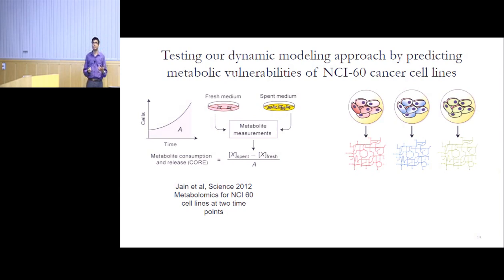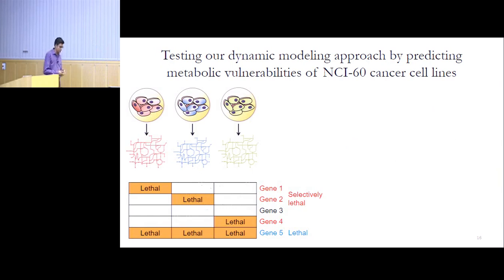So now we can ask, what are the metabolic differences between these cell lines? And can the approach accurately recapitulate what's known between these different cancer cell lines? What we did was we knocked out every single gene that is present in these cell lines. I mentioned before that we can do gene knockouts and then figure out how the gene knockout impacts the cellular objective, that is the cell's ability to produce nucleotides, amino acids, and all the biomass precursors. Then we can figure out what genes are most important for a cell type and what are not.